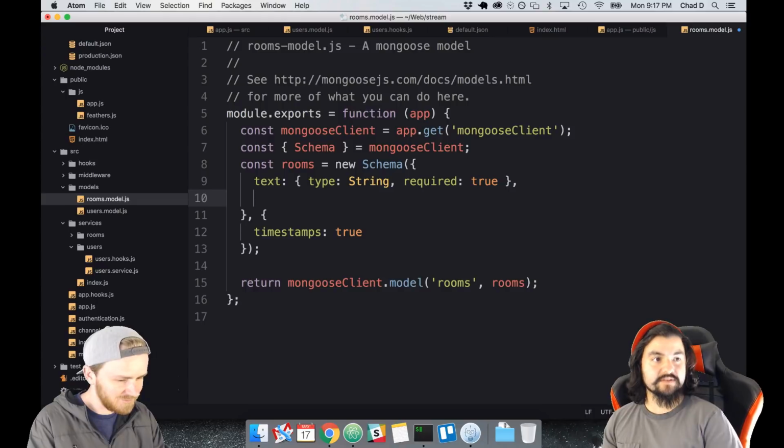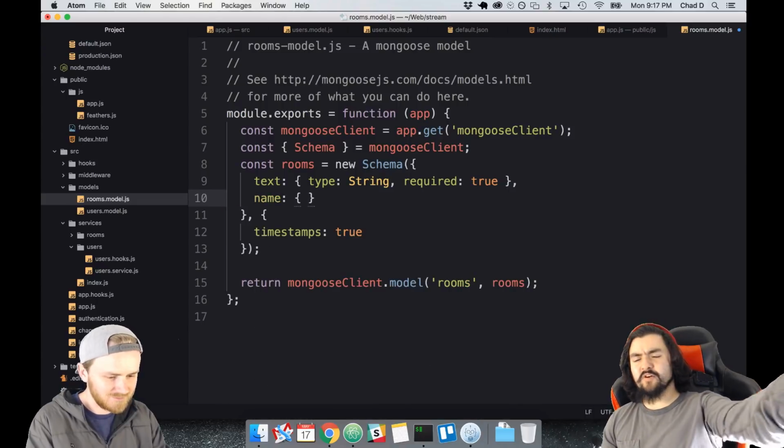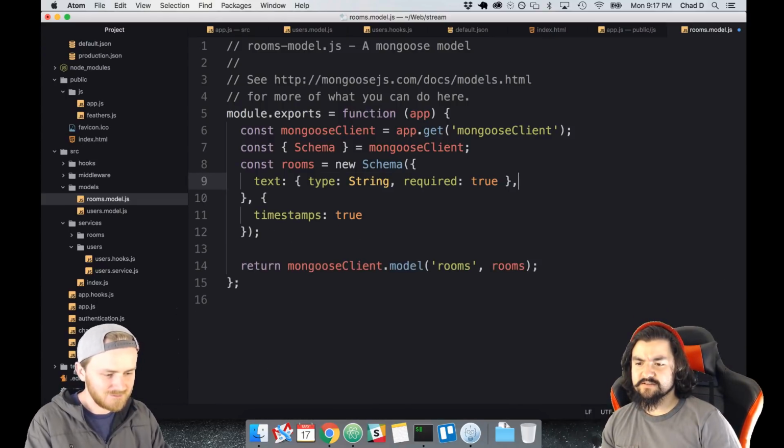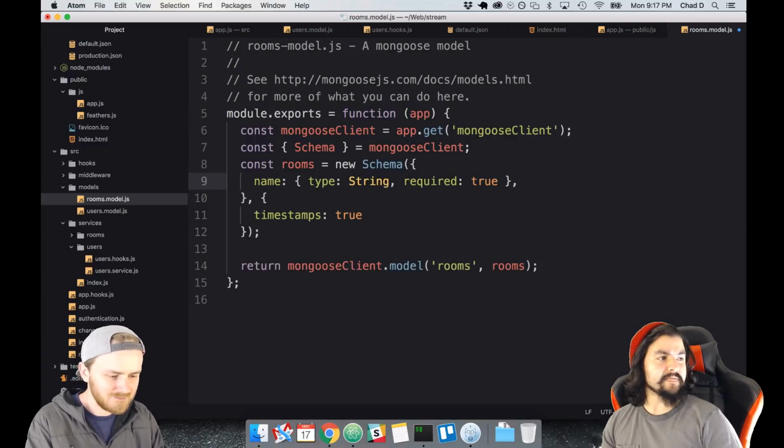So we want a name that is string and required. Just overwrite text because your room isn't going to have a text. Yeah, so call that name. We want an owner ID, which is going to be